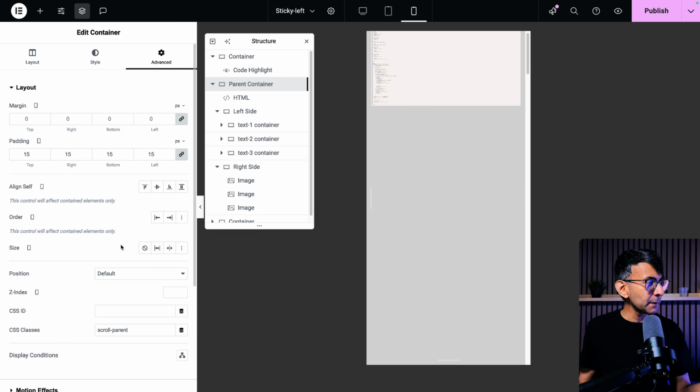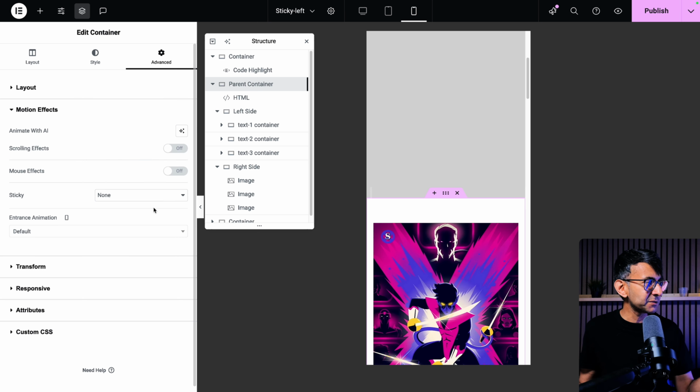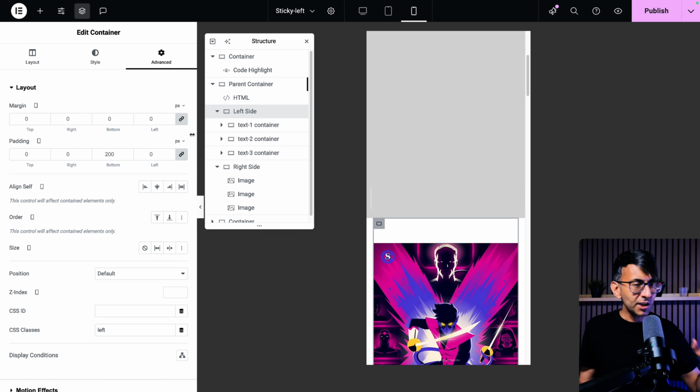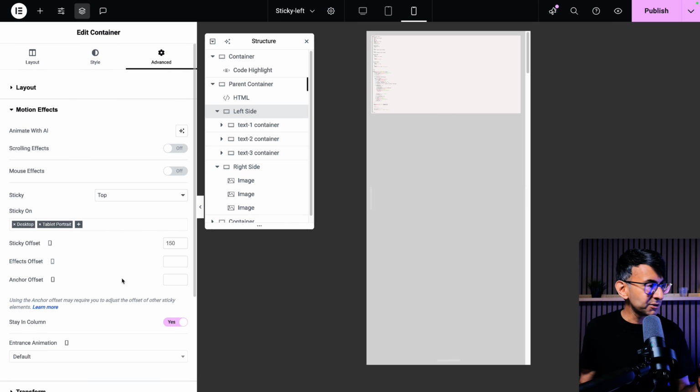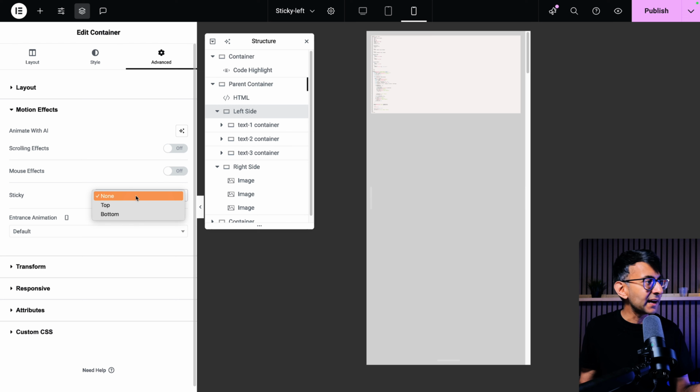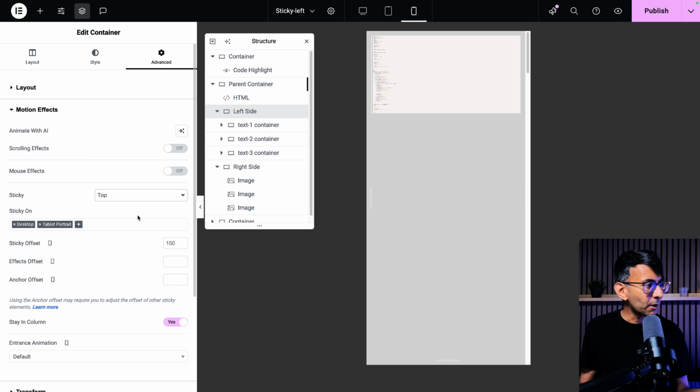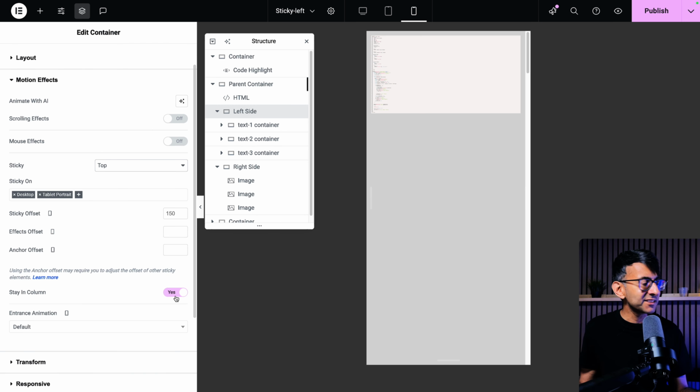You don't have to do this on the parent, by the way. I've seen people make this mistake. You don't have to make the parent sticky or the right sticky. You go to the left side, you go to motion effects, and you say set it to be sticky. If you don't, it will look like that. So you go over and you make it top. Then what you do is go down and set it to say stay in column, and you put that as a yes. I've added in an offset of 150